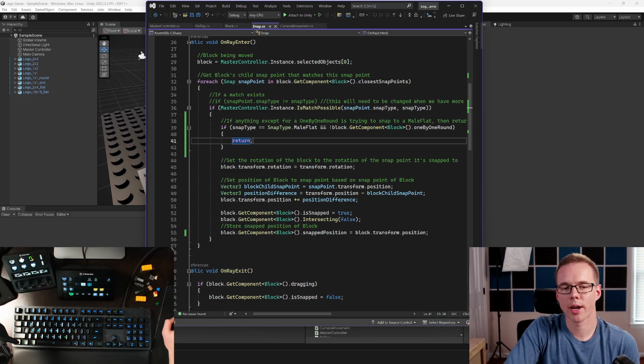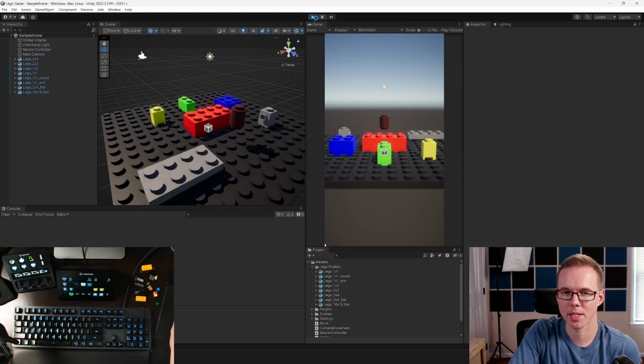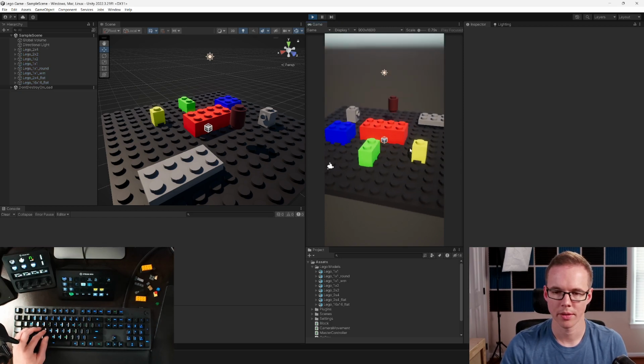Because if we do try to connect and then it returns, we're not running any of this code, which means we're not bothering rotating it, which is good. We're not bothering setting the position of the block to the snap point block, which is good. We're not storing the snap position. So is that messing up the undo fix? Let me check. Right now,